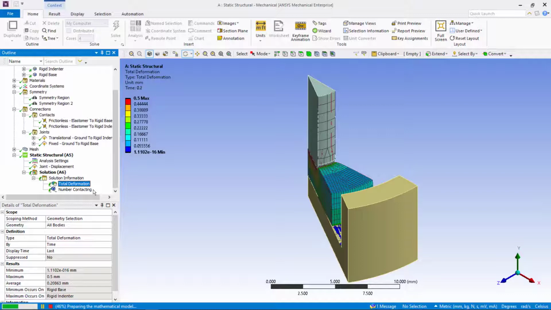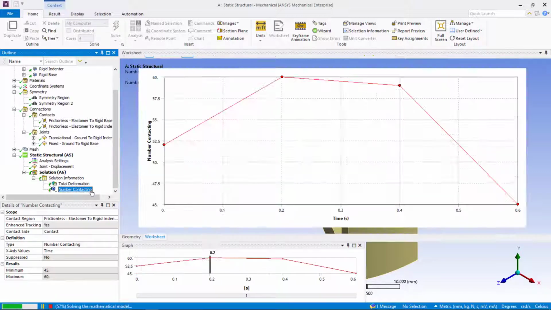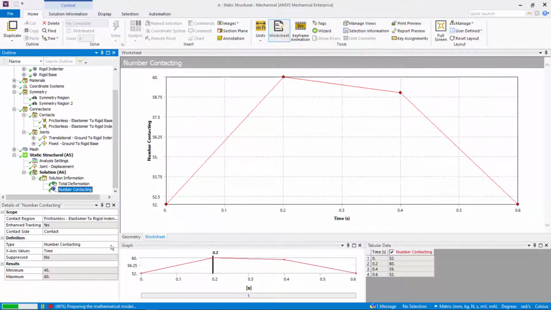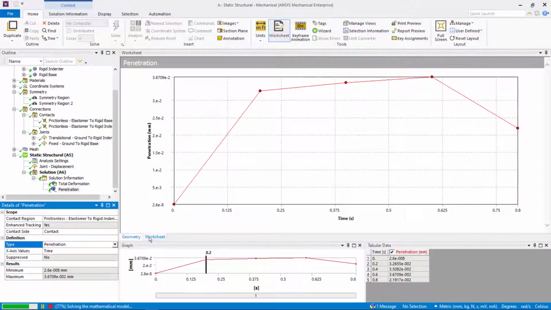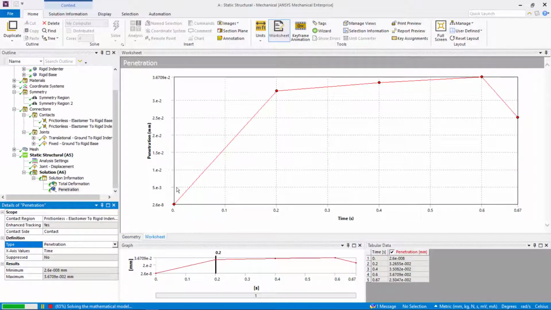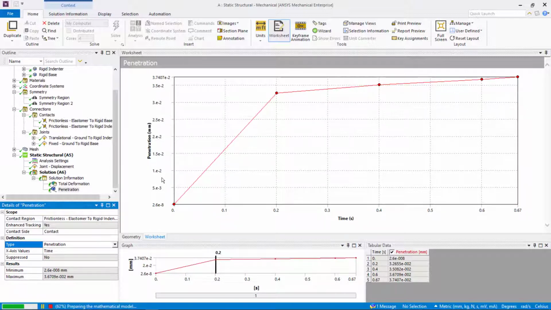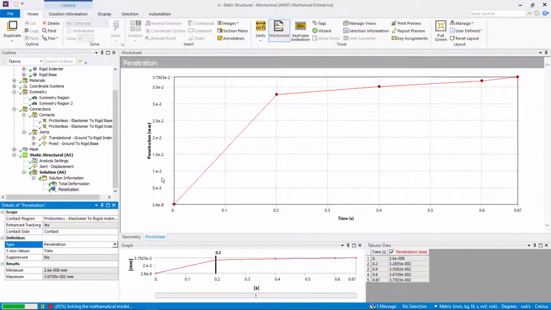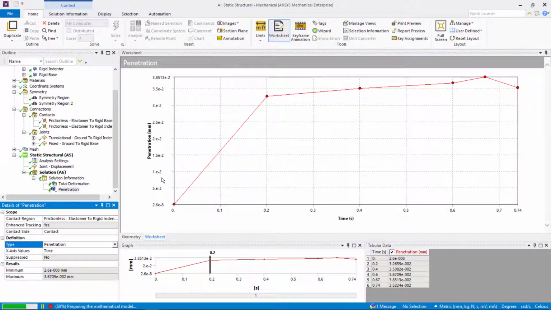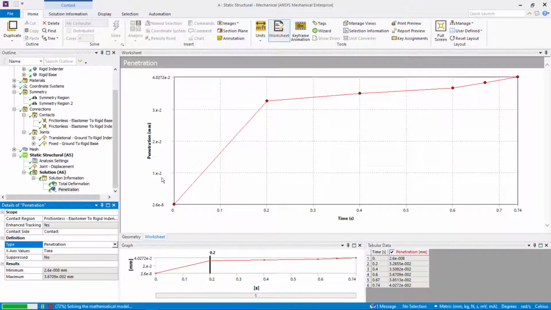We don't have to rely only on one tracker to monitor the progress of the solution. Now, let's change the contact tracker to monitor penetration. In this case, the penetration seems reasonable, but if we wish to reduce it further, we may increase the contact stiffness, and such a decision can be made on the go by using contact tracker. Sometimes, the contact stiffness might be too high and may cause element distortion errors. In that case, we may reduce it for better convergence behavior.